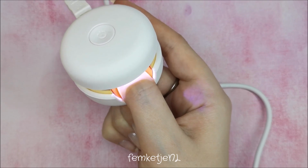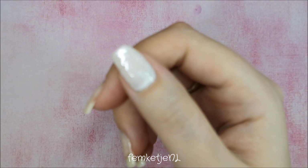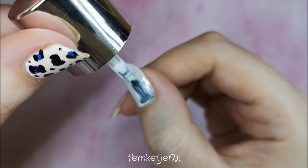So yeah, I think it's a really cute brand. I really think they chose a really nice brand name as well, and you can just make so many cute stuff with a name like that, you know. So that was the first layer, and of course there isn't a tacky layer or anything like that at all